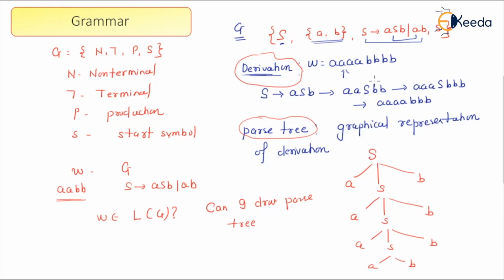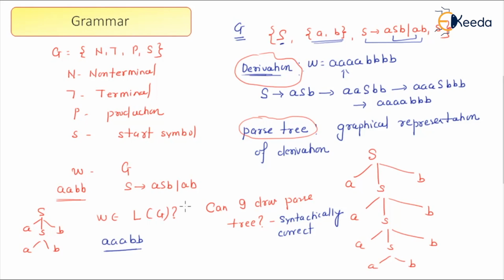Like here I have drawn the parse tree for aaaabbbb. Can I do aabb? The answer is yes, I can draw it. It will look like aSb and then finally ab. So I can draw the parse tree, and then this statement is syntactically correct. And if I can't draw the parse tree, for example, whatever you try, you cannot generate aaabbbb,